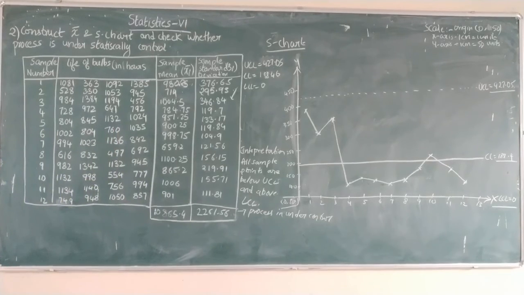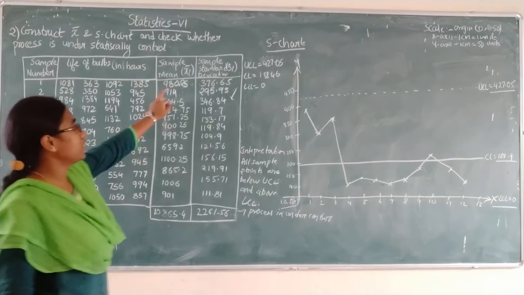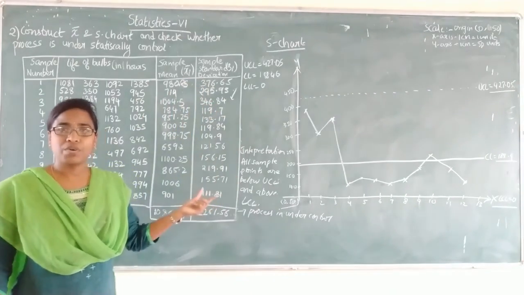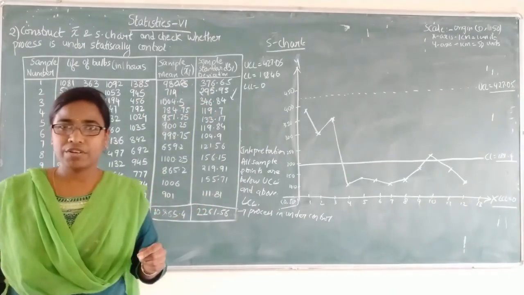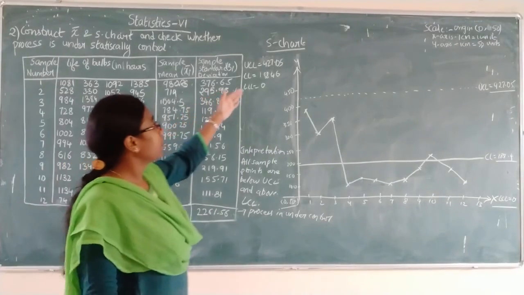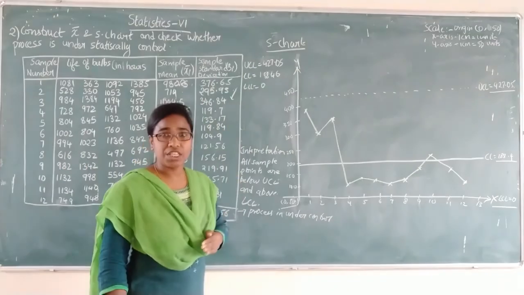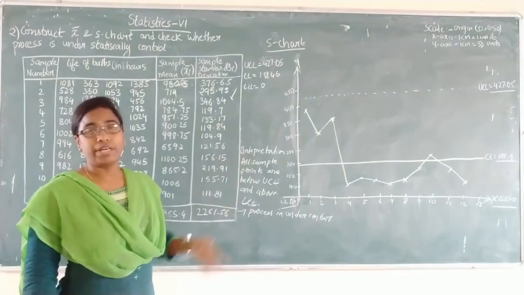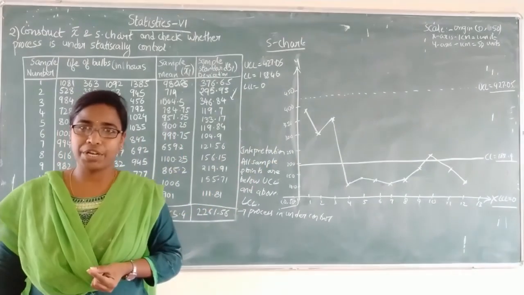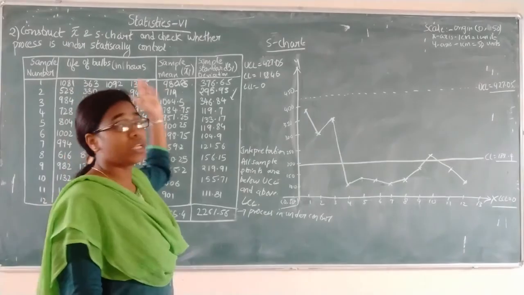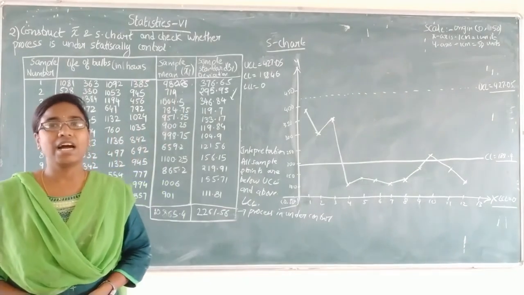So what are the steps here? First we will calculate the sample mean and sample standard deviations. After finding these two values, we will find the control limits for the mean chart, draw a chart for it and interpret it. Next you will set the control limits for the S chart and draw the chart for the S chart, then you will interpret it. After seeing both interpretations, that is the mean chart and S chart, we conclude that the process is statistically under control.